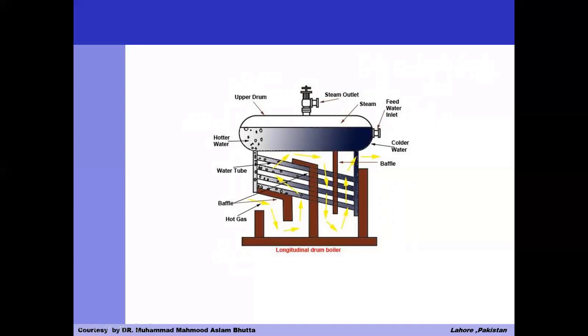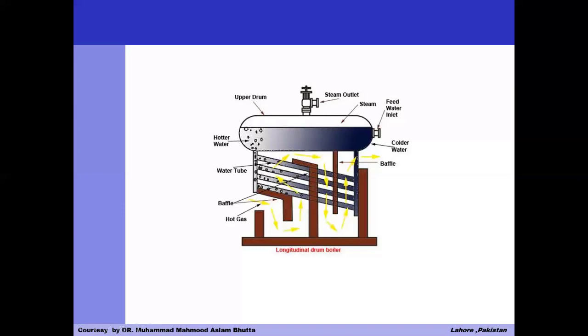If we discuss the working principle, the longitudinal drum mentioned in the construction is fed by cold water. As you can see, this is the inlet of the cold water at the rear. As cold water is heavier, it falls down through the downcomer at the rear part of the drum. From the downcomer, the water enters the horizontal water tube where it becomes hot and lighter. Due to this change in density, as the water becomes lighter, it passes up and ultimately comes back to the boiler drum through the riser.